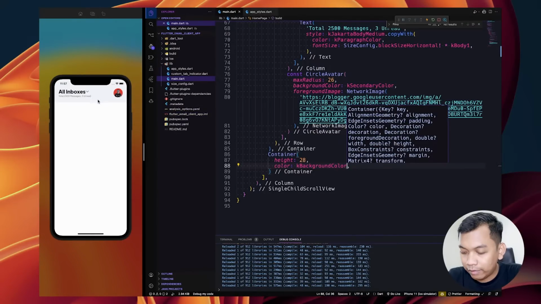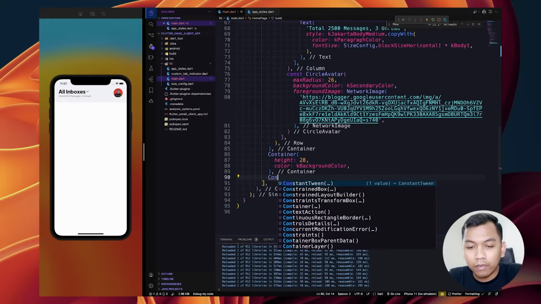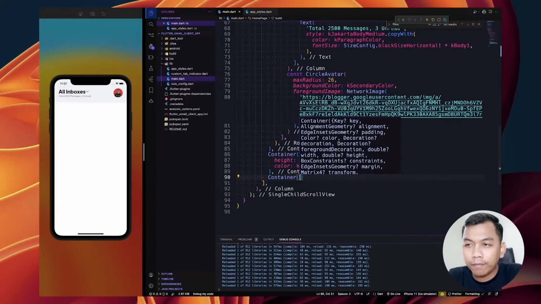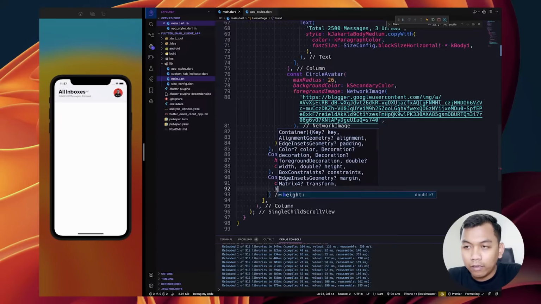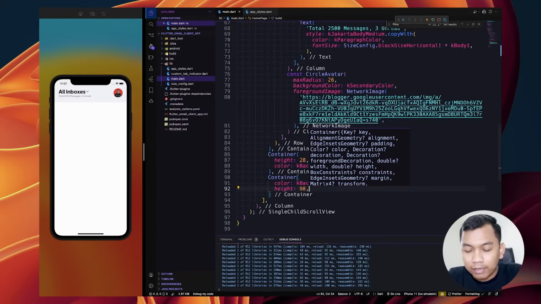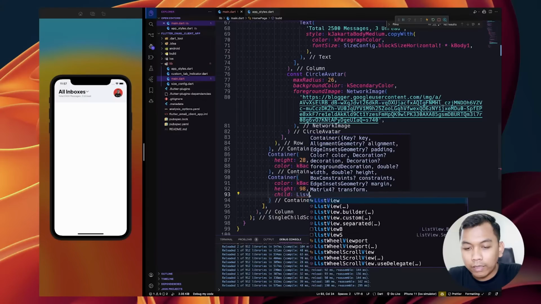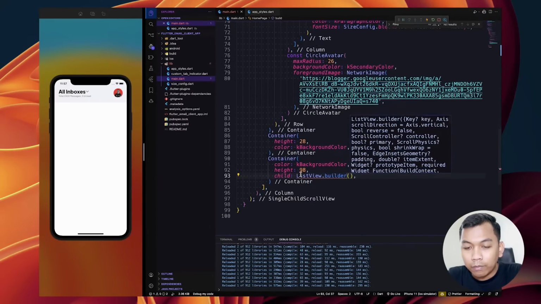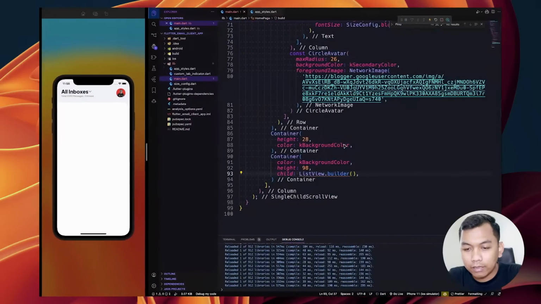Alright, so we will have a little space here, and below our container we will have a container again with the color K background color, with the height 98, and for the child it will be ListView.builder, because as you can see here we have a list of email services.